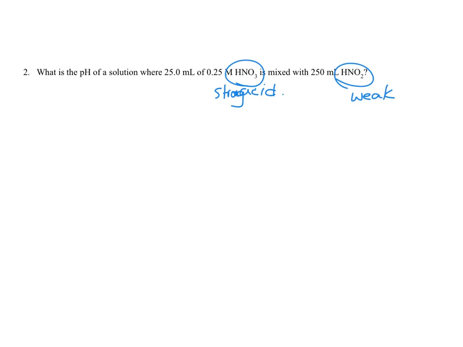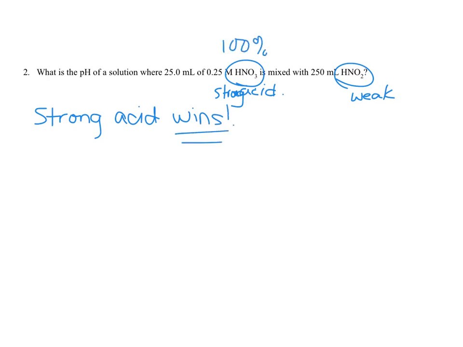When you have a strong and a weak acid mixed together, then it's really the strong acid that's going to dominate the pH value, because you're going to have 100% ionization here, and weak acids have like, I don't know, 1 to 3% ionization. It's really, really small, so you're not going to have very many hydrogen ions dissociating or ionizing from your nitrous acid. So really, I don't have to pay attention to this except for the volume, because for HNO3,